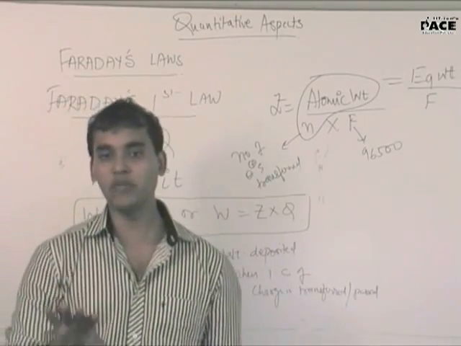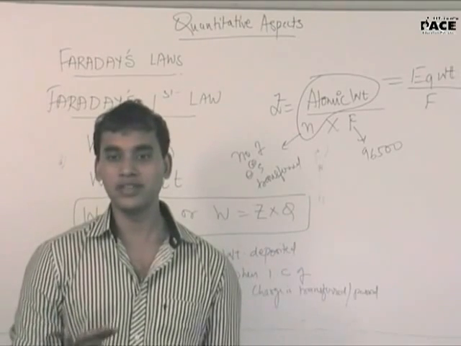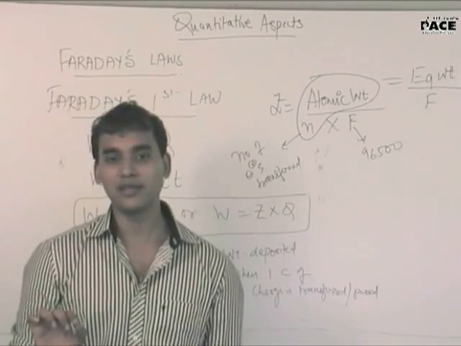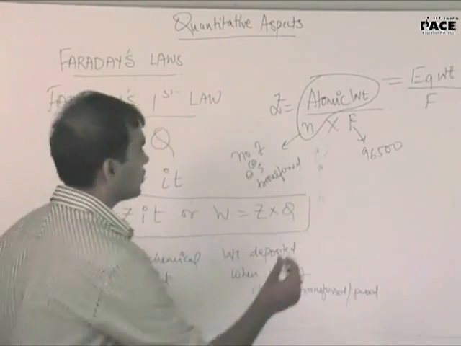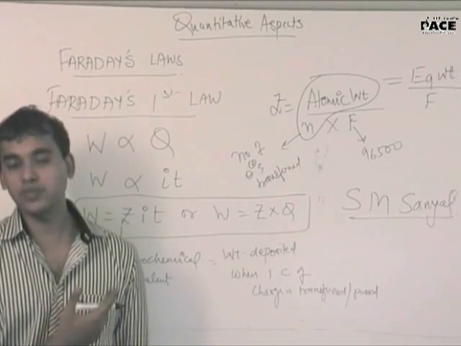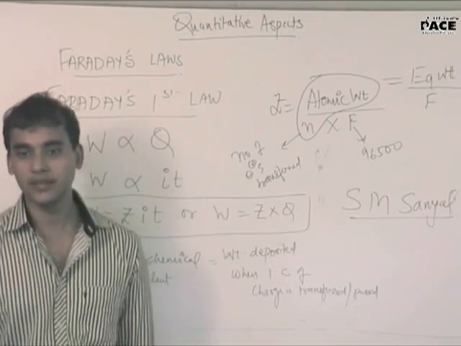And I will give you the name of a book which is very good, and it's worth ₹95 only, so you can easily spare the money. The book's name is S.M. Sanyal. Just write it down. This is a very thin book, and the best part about it is that they've given you all the reactions which actually exist.